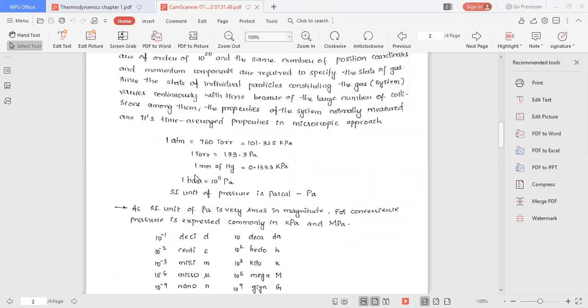Next, what is 1 torr? 1 torr is nothing but 1 mm of Hg. How much pressure 1 mm of Hg will exert is called 1 torr. What is 1 torr? 1 mm of Hg, you can call it 1 torr. Now you have to say again, what is